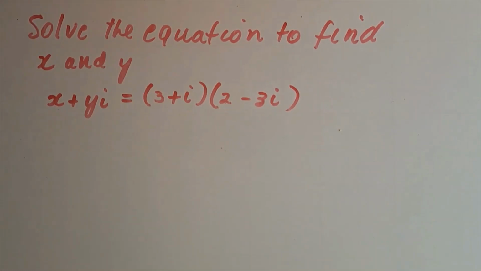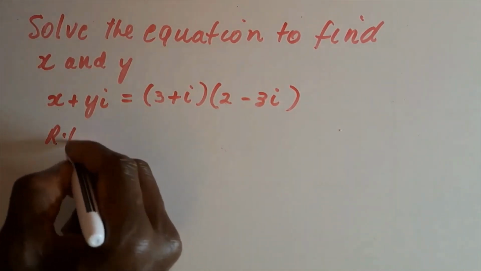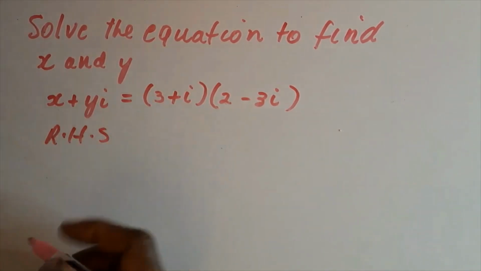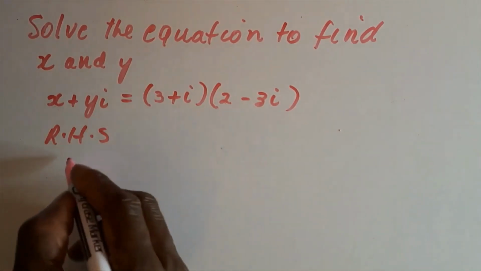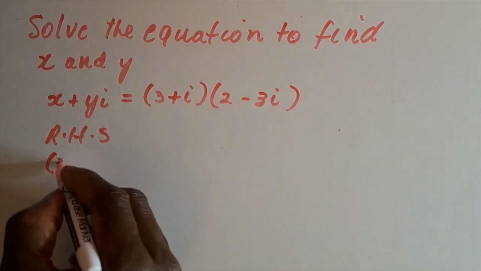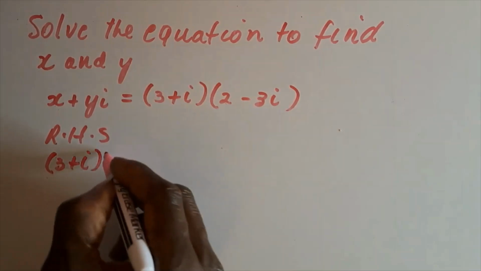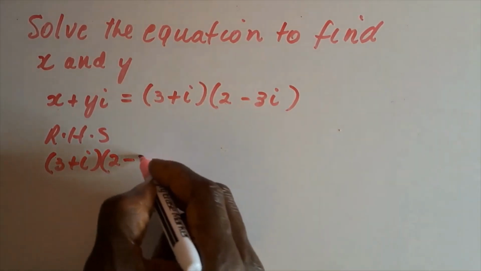complex numbers. Here we ask to solve the equation to find x and y, x being the real part of this complex number and y being the imaginary part. So if we were to look at the right hand side and expand this, we'll have that (3 add i)(2 minus 3i)